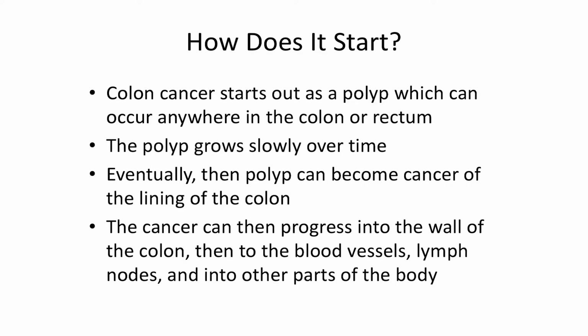The way that colon cancer starts is it starts out as a polyp, and that can occur anywhere in the colon or rectum. These polyps tend to grow very slowly over time. Most of them take several years to really develop. And eventually, if you give it long enough or the polyp becomes aggressive enough, it can turn into a cancer. The cancer then progresses into the wall of the colon, then potentially to the blood vessels and lymph vessels, and then it can spread to other parts of the body. And so we're going to talk about